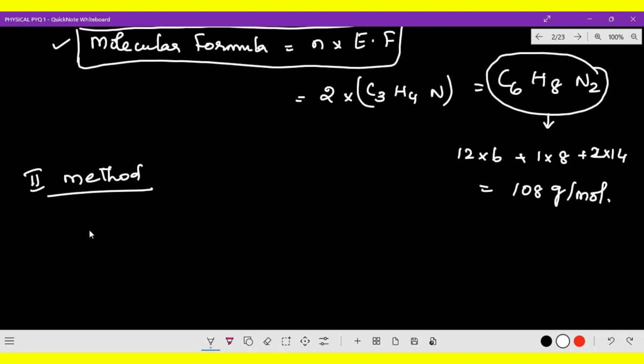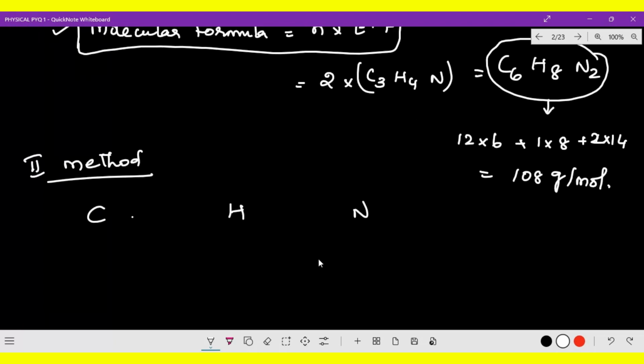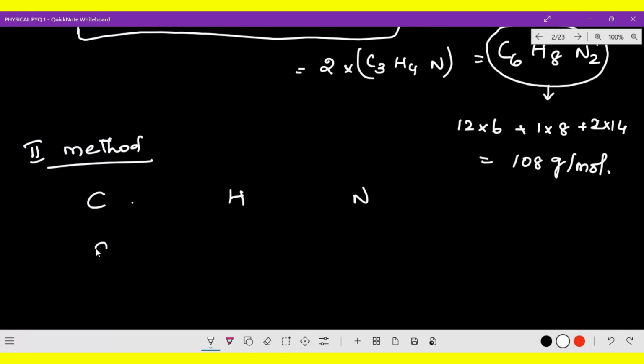Here carbon, hydrogen and nitrogen, right? So carbon how much here? 9 ratio, no? Hydrogen 1, and nitrogen it is 3.5 ratio. Now how much molecular mass have they provided? 108 gram per mole. Now what we have to do? We have to calculate that complete, because it is combined together only, it is a formula, right?